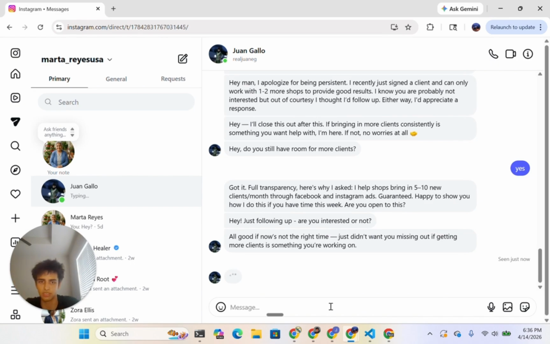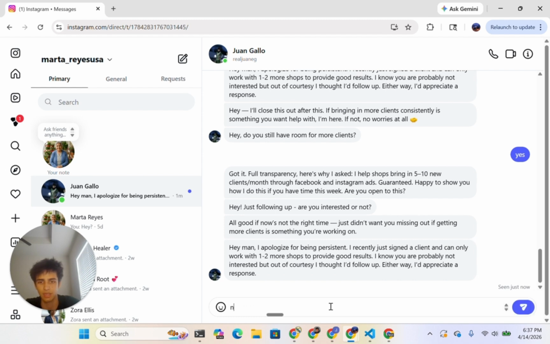the last follow up, so I'll just let it type it out. Just didn't want you missing out if getting more clients is something that you're working on. Now it should say something. I'll just say no, just so you guys can see how the lead is categorized after the entire sequence is done. It's taken a long time because essentially I created a tool to humanize typing speed, because Instagram